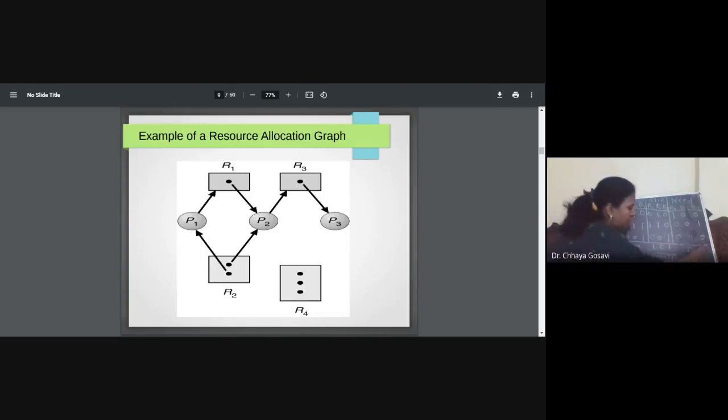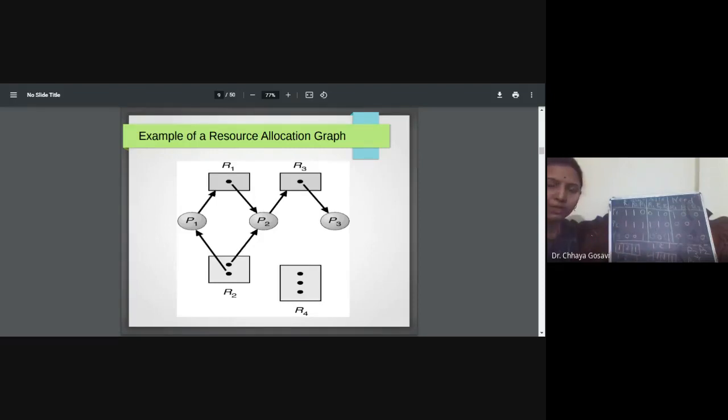After P3, P2 can execute and release the two resources it has, one of R1 and one of R2. Now can we grant the request of P1? Yes, then P1 can execute. So we are getting a safe sequence, and you can say that the system is in a safe state in this current scenario.